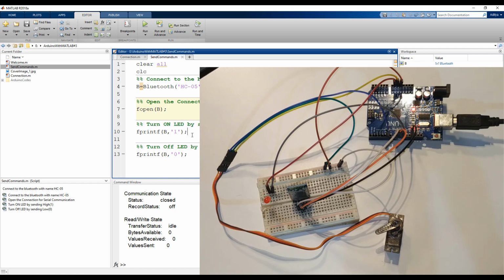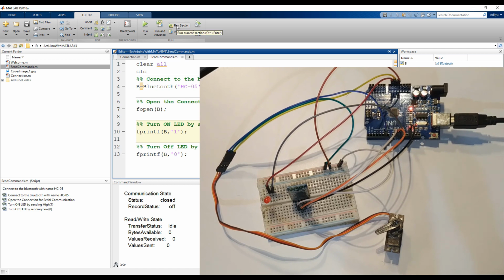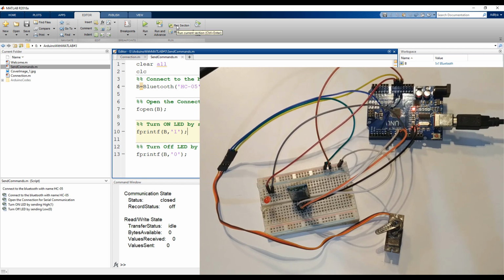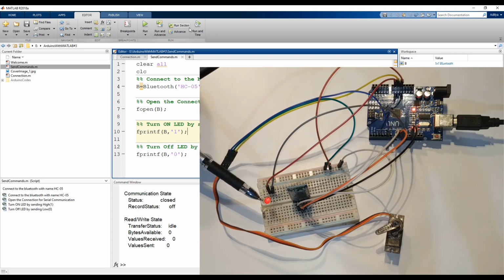That's again done. Now we are going to print 1 on the serial communication, and in the video over here, in the connection video, you can see the LED should turn on. So I'm just setting 1. You can see the LED has turned on. I've set the voltage to low so that the LED does not blow off, and that's the reason the LED is not glowing completely. But you can see in the video itself, now I'm sending low from the serial monitor and the LED should turn off.